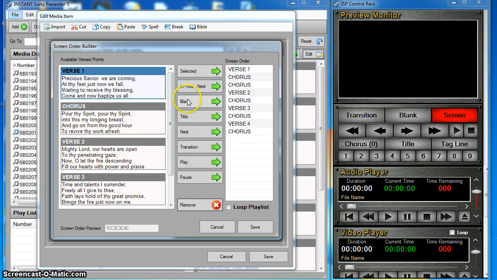But I can also add things like a blank. And let's say after the first time you do the first verse and two choruses, then you want to put a blank up because there's a little interlude in the tune there. So we can put a blank in there. We can also add a title, and we can put a title here, let's say, that goes at the beginning of this. We can also add transitions, and also something that was relatively new in Instant Song Presenter 4